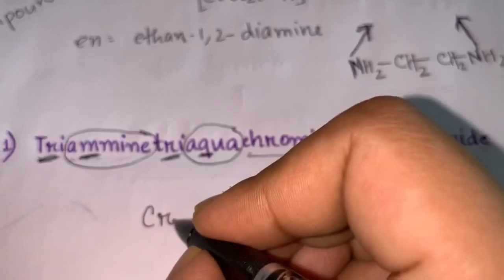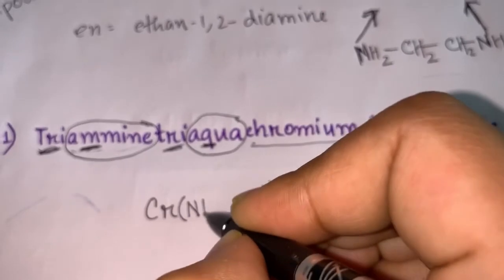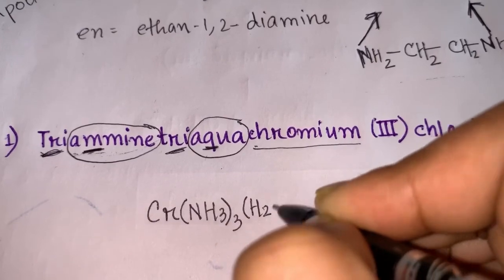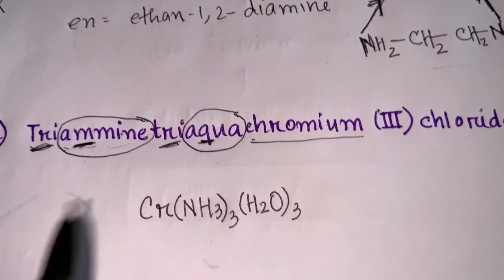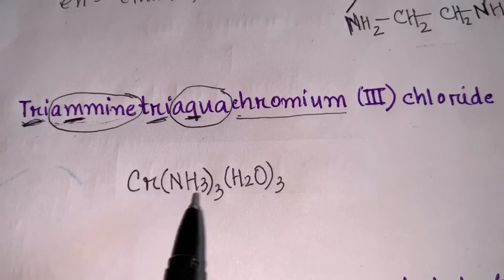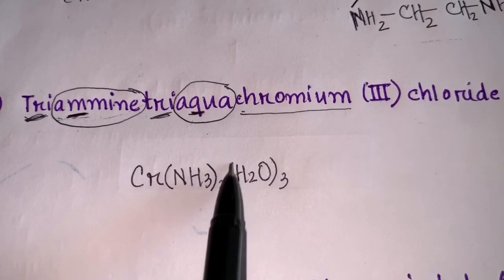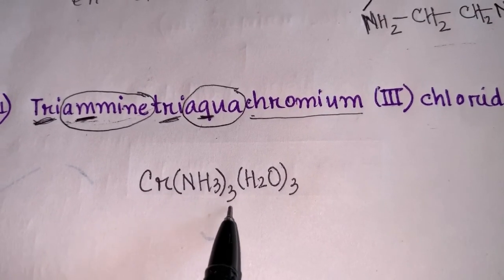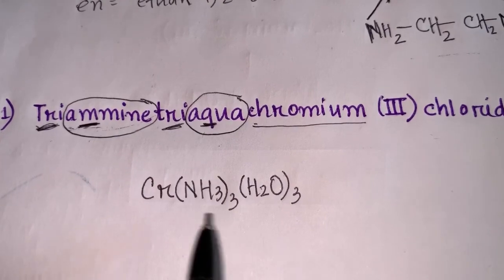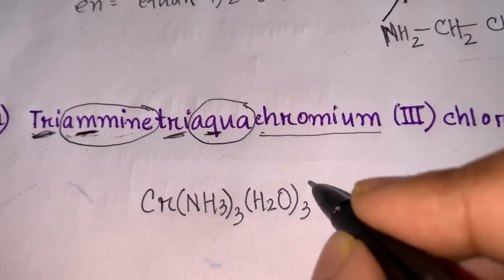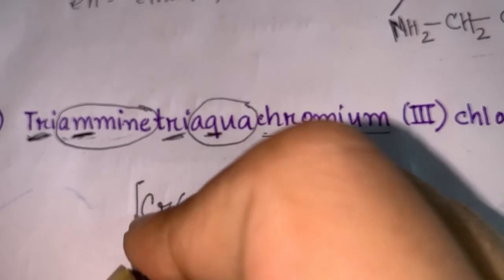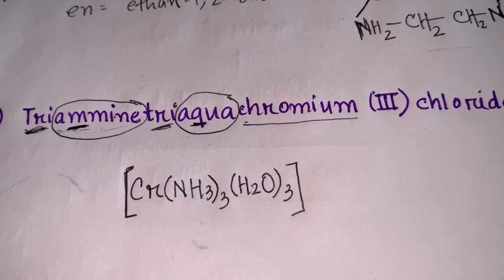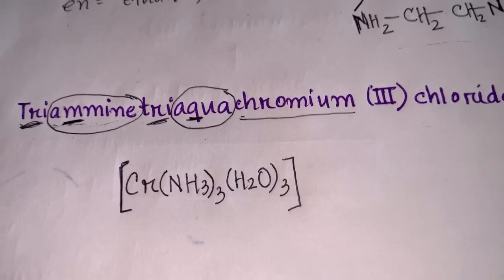So the formula will be (NH3)3(H2O)3. So ammonia first, then water, and I have put them in parentheses because they're polyatomic ligands, and then given their number, like how many of each, three. So this is the entire coordination entity which we have to place in the square bracket based upon the third step. This is the coordination entity written.